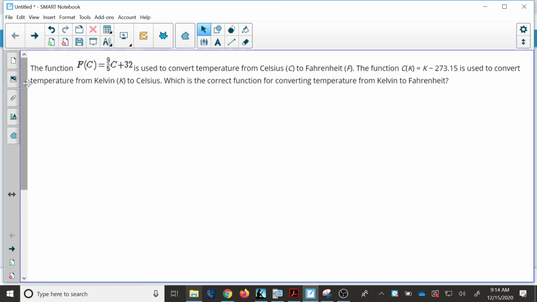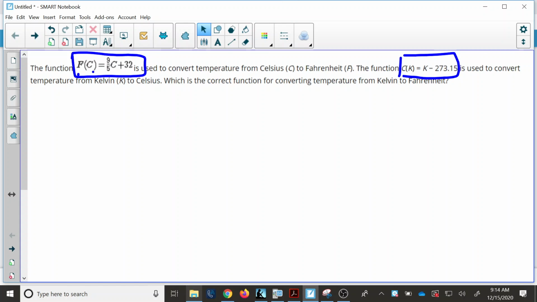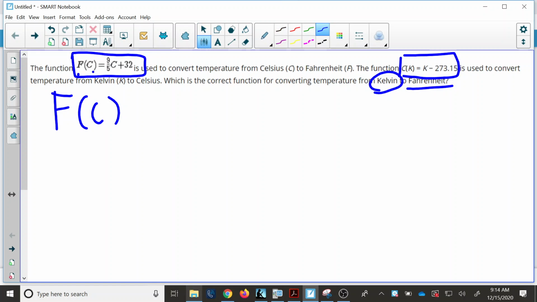If you notice carefully, we have two functions here. One is a function for Fahrenheit in terms of Celsius, and the other is the function for Celsius in terms of Kelvin. Now, we need to express a function for Fahrenheit in terms of Kelvin, which means f of c is given here, right? If I were to change this into a function in terms of Kelvin, all I need to do is put the second function, which is in terms of Kelvin, here. So I can simply say f of